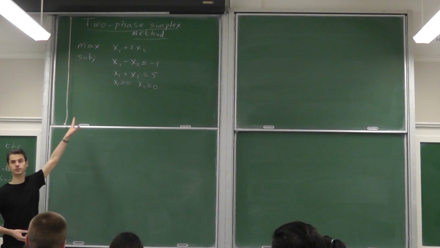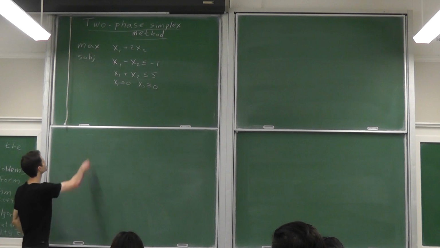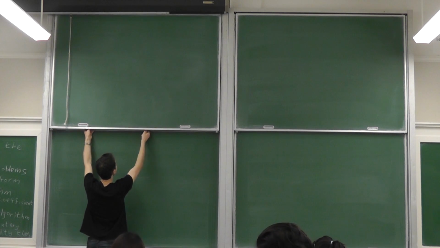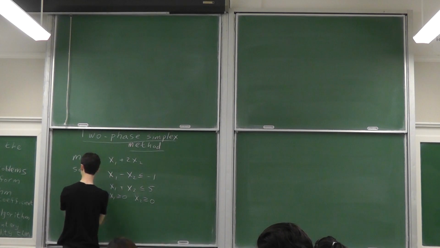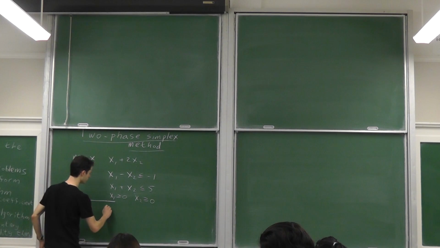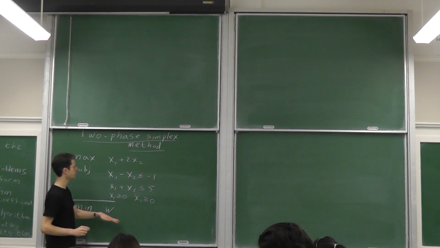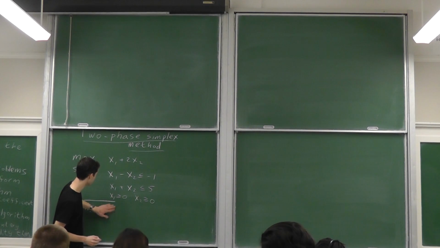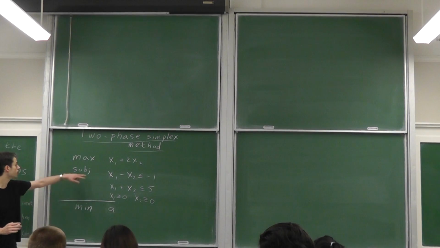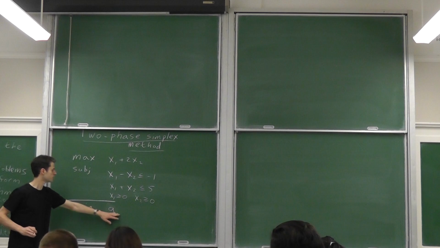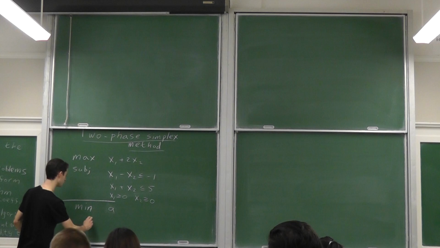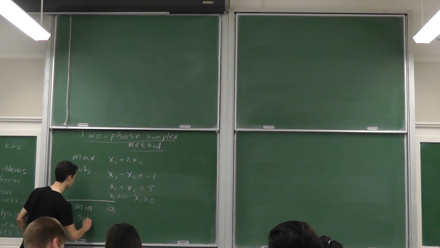So the first phase is we'll relax all the conditions. So basically, we'll solve the problem of minimizing the parameter by which I'm relaxing. Maybe W is not good, since W is usually used for the dual problem, so let's say A, an artificial parameter. I'll give it a name slightly different from the names of the variables. Minimize A, subject to